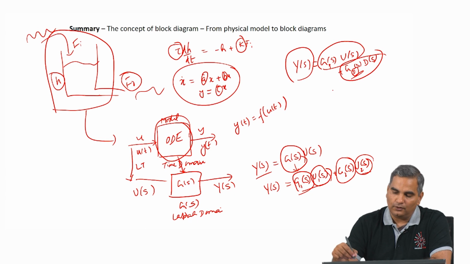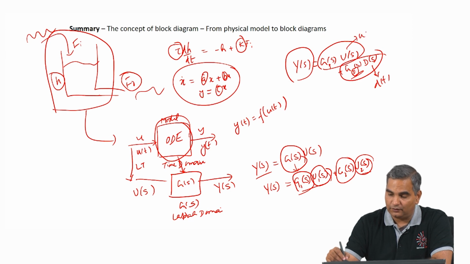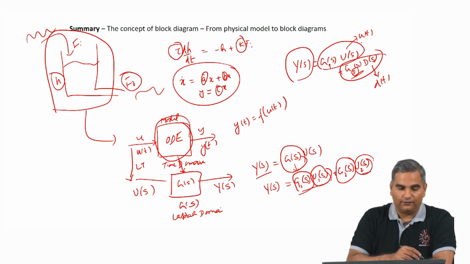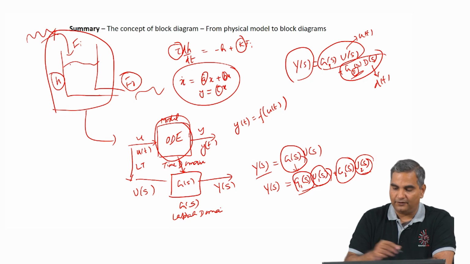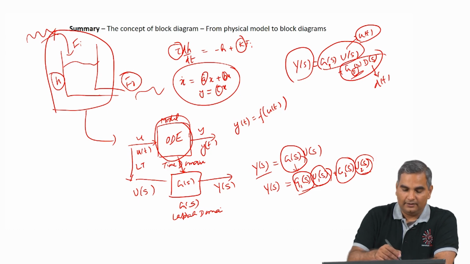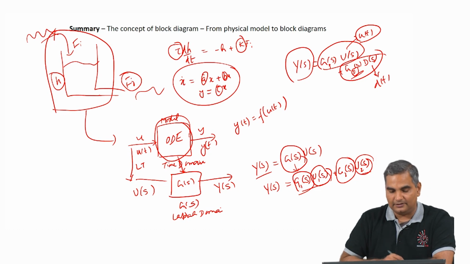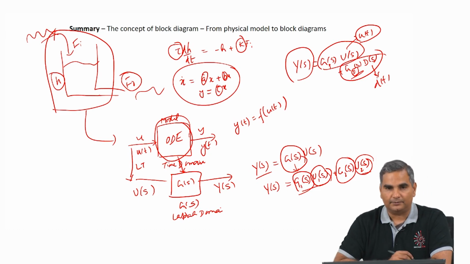So, ultimately when we write an equation like this, d of s has a physical d of t, which is actually a disturbance variable changing in time, and this u of s has a physical u of t, which is actually some manipulated variable changing with time. So, in the tank example, if I put in a control valve here and then manipulate the inlet flow rate, then Fi will become this u of t, the physical variable that is changing, and if I do not control anything here, based on the pressure difference and the resistance here, F naught will change, but I will have no control over it. So, it will become a disturbance variable.